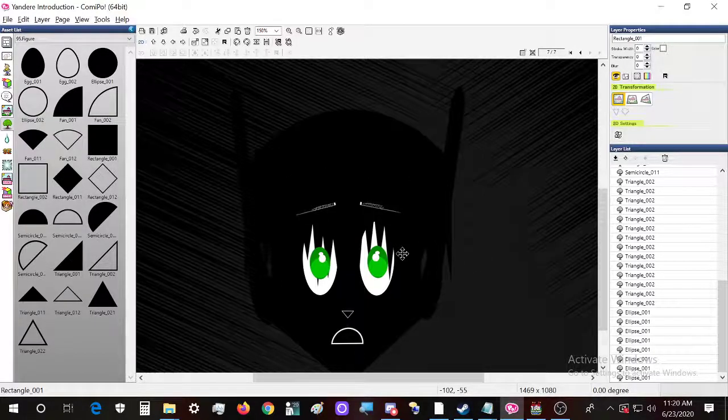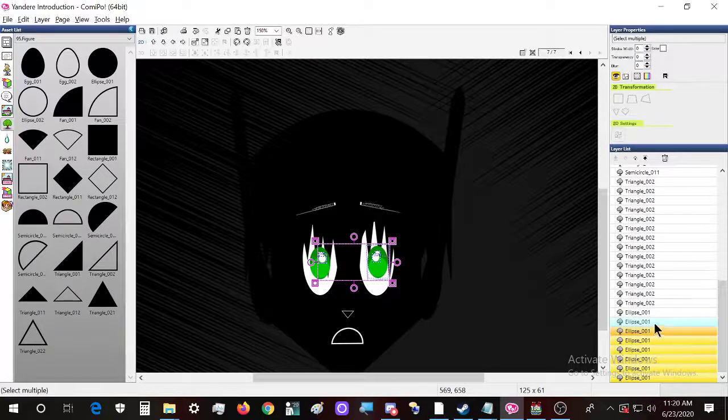Now the eyebrows not going to be over the eyes kind of looks a bit awkward, so let's actually take these and let's send them a bit down, but apparently it's taking a lot of time.